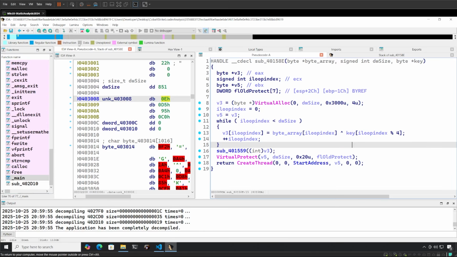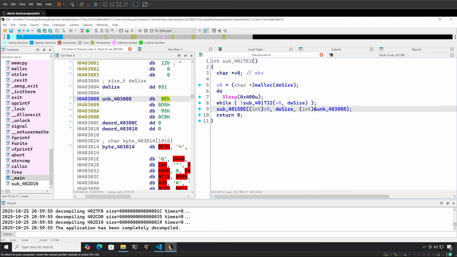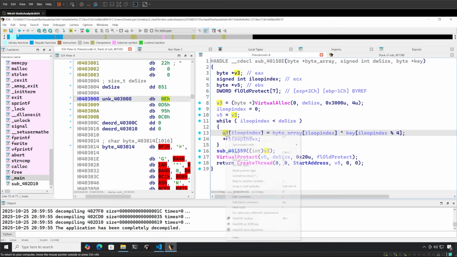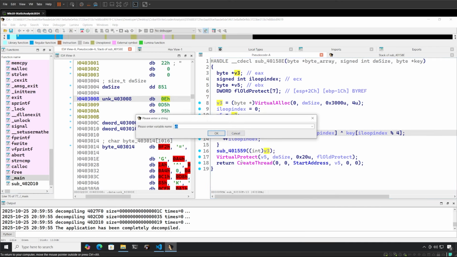Now let's go back. We have to extract both of these things, the original data and the key, to get v3, which is some sort of decoded